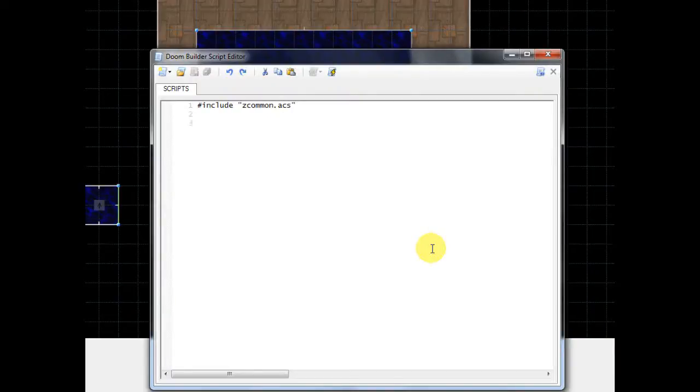Then press enter a couple times and then type script 1. This is going to be the name of our script. And then open. This tells it to open as soon as the game begins. And then, as you saw me do right there, we're going to put two curly brackets, an opening and a closing. And then inside these, I'm going to press tab, and right here I'm going to type sector